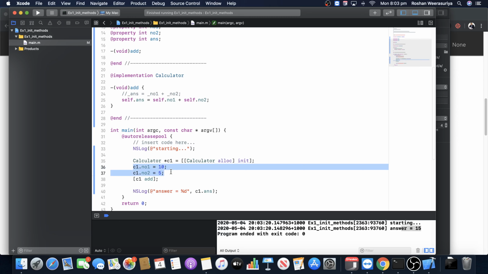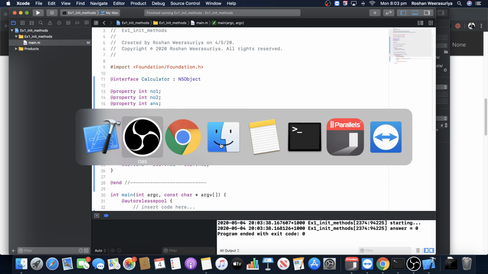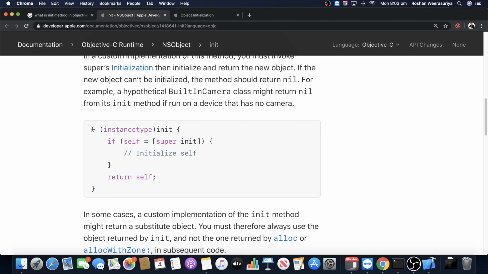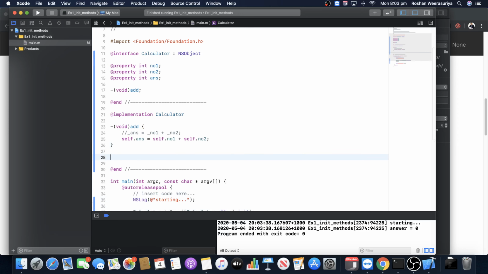We are going to focus on init methods. So what are init methods? So init methods means when you create the object itself, you are going to give data. So for example, if I don't assign any data, once again I'm showing you it is 0, right? So now if you want to use init methods, basically what you have to do is declare the init method. So what you do is, you will make a signature of the init method on the implementation, right? So on the implementation, you will put this,